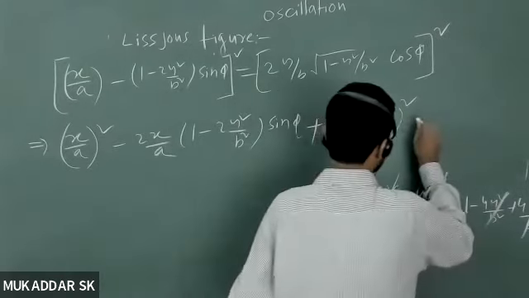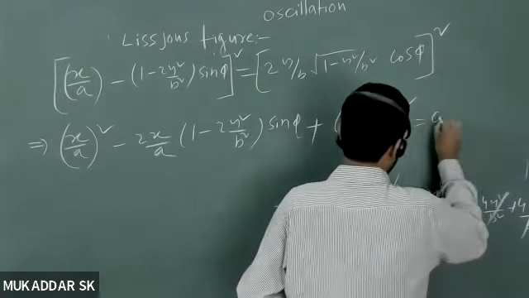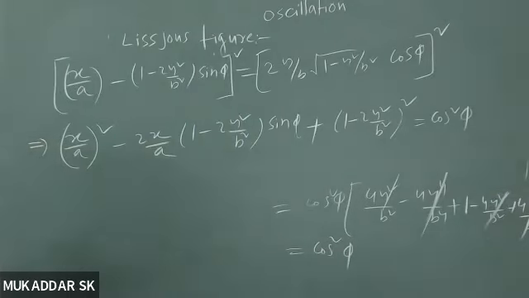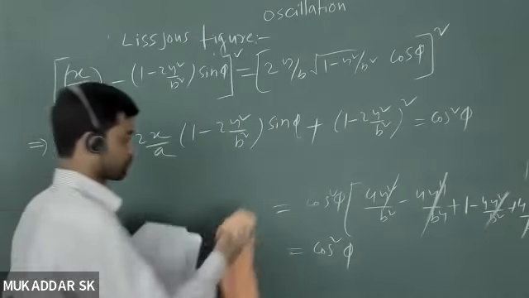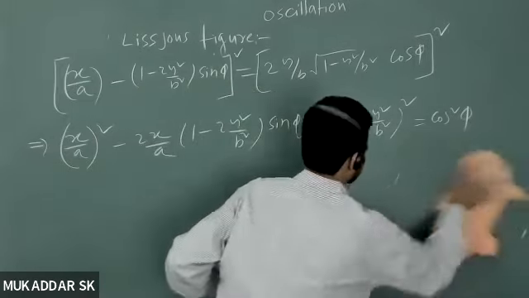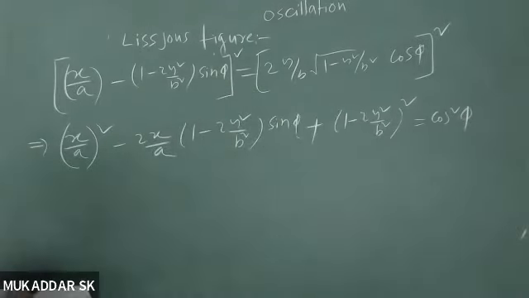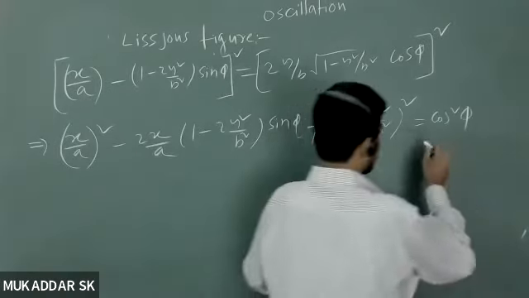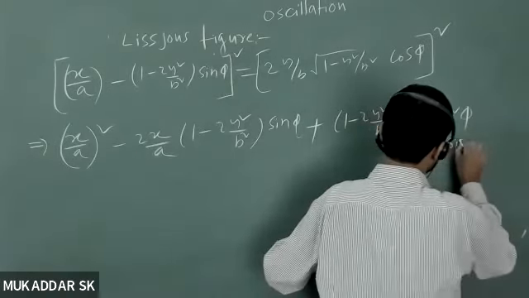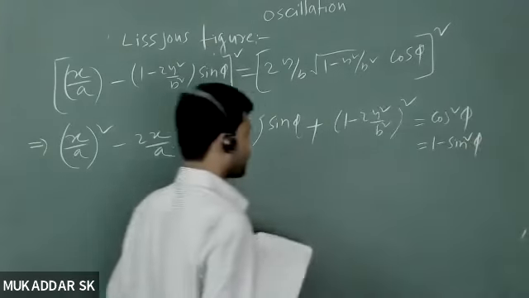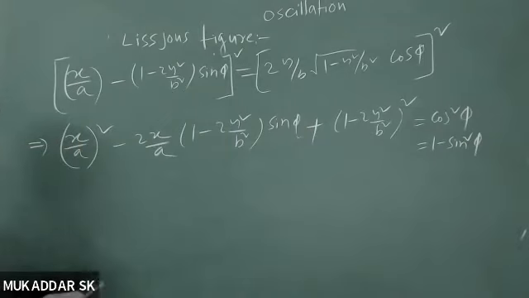I can write like this equals to cos square phi. Okay. So if you further simplify this term, how much will you get? अच्छा, आपको यहाँ से cos square phi को क्या लिख सकते हो आप? 1 minus sin square phi लिख सकते हो, right? You can write like this, right? Cos square phi is nothing but 1 minus sin square phi. If I write it,